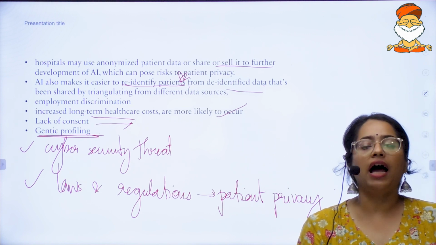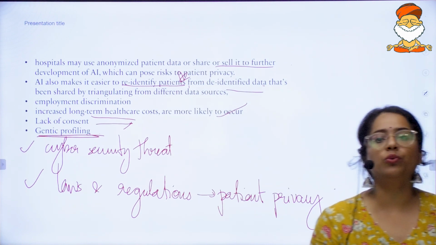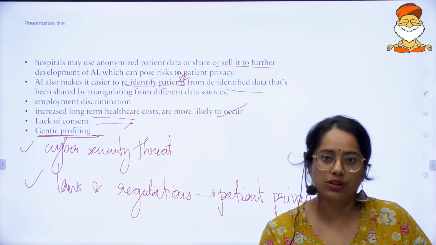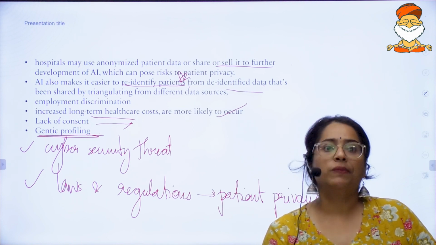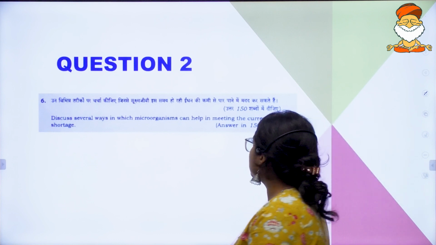So if India, or any country, has to take good measures with respect to this, one of the first steps would be to improve upon the rules and regulations associated with this sector. Moving on to the next question, discuss several ways in which